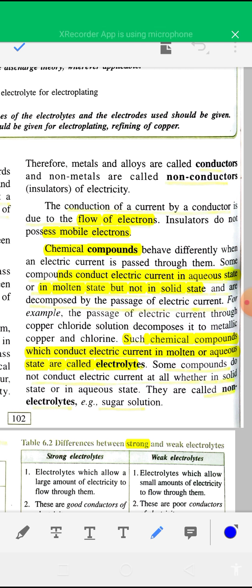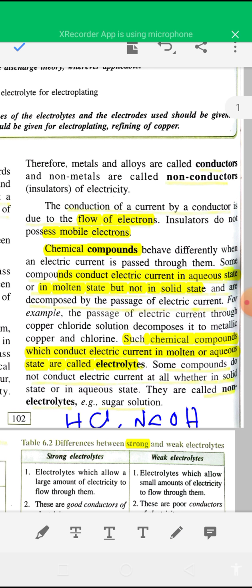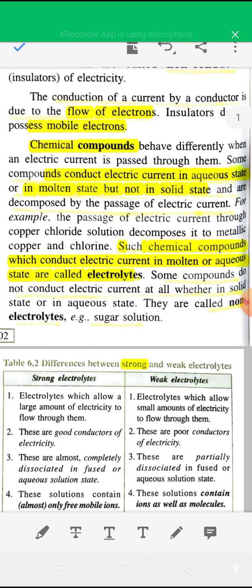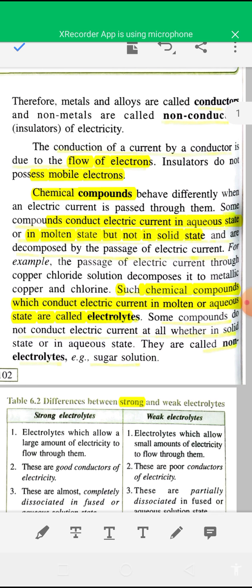Examples of electrolytes are HCl, NaOH, NaCl. There are lots of electrolytes. Again I am telling, these electrolytes dissociate into oppositely charged ions in aqueous solution, and due to the presence of these mobile ions, cations and anions, electrolytes can conduct electricity. So what is the basic difference between metallic conductor and electrolytic conductor? A metallic conductor can conduct electricity due to the presence of free electrons, while an electrolytic conductor can conduct electricity due to the presence of